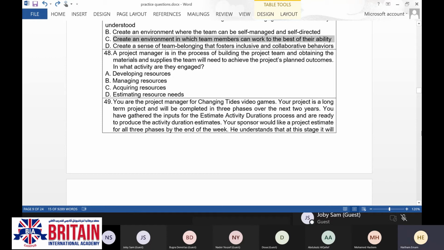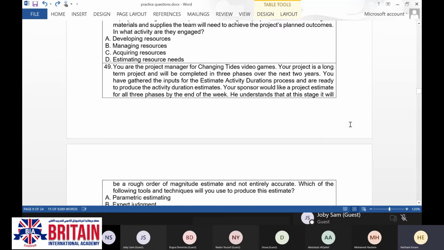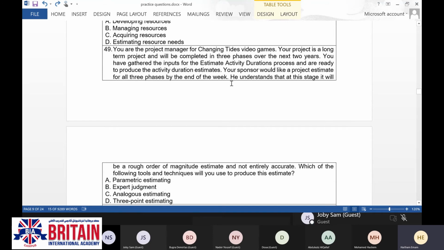So at this moment, you have built the part which is related to the back-end developers, right or wrong? Right. Now you get the idea or no? Yes. So here we are talking about acquiring resources. Question number 49. I have assigned this question to whom?